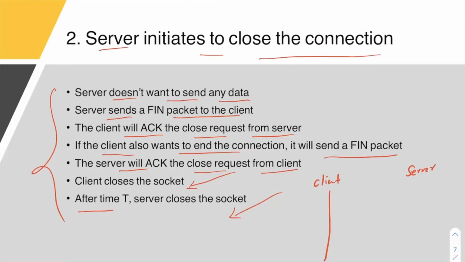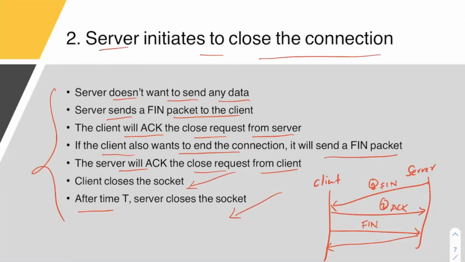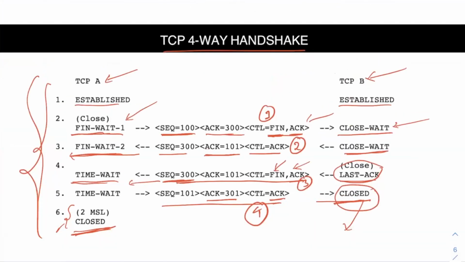Again, the first packet will flow from server to client. Then the client will acknowledge this. This is the first packet. This is the second packet. The third packet will again be sent from client to server, and the fourth packet will again be from server to client. So this will be your FIN packet from server to client. Next will be your ACK packet from client to server. Again, you will have the FIN packet from client to server, and the last ACK from server to client. In this case, first the client will close the connection, and the server will wait for some time, then it will close the connection. So you can try doing the same thing that you have done here.